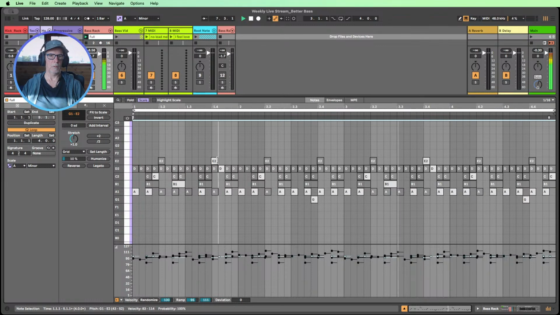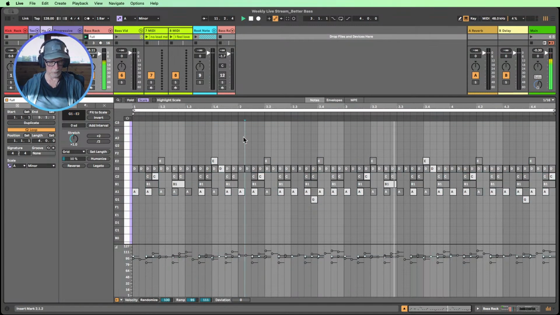Again, playing around with the note length. What I might do is just turn the grid off in the back.